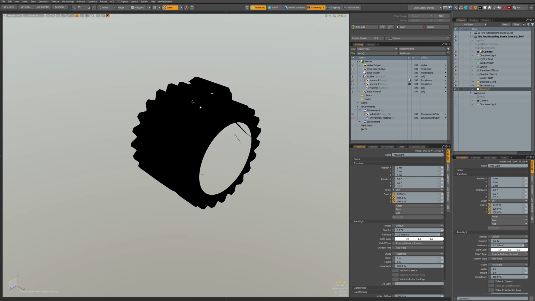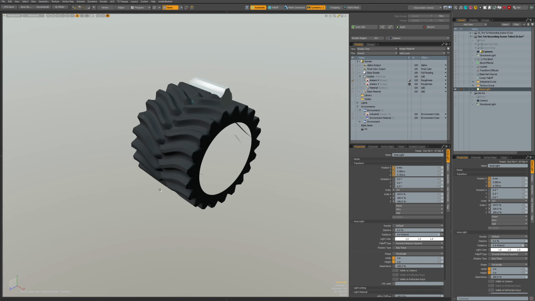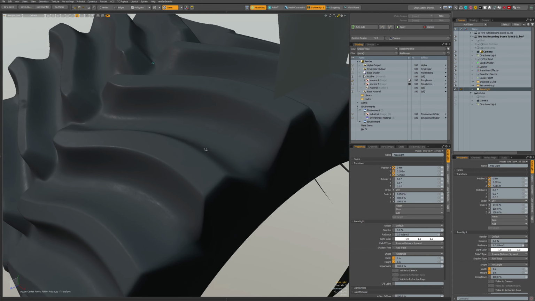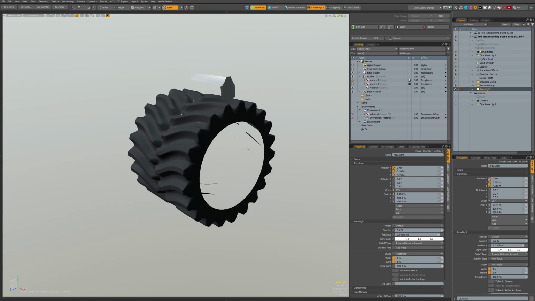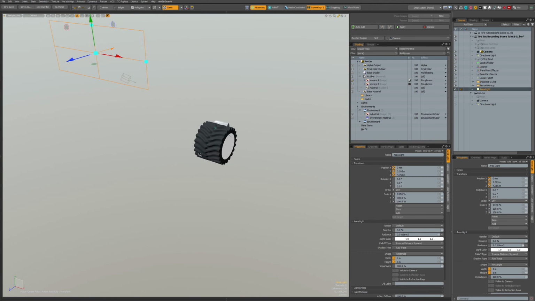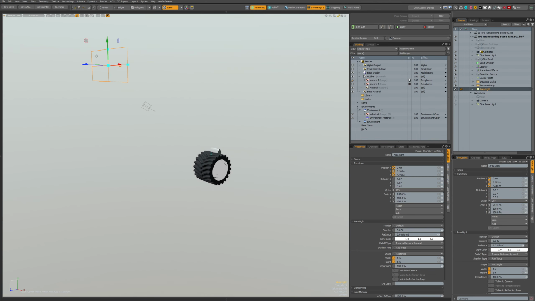So what's happening? I don't know. First thing is that I don't have lights on. So now we have some light there. Or do we have? It's there. How did it move there?